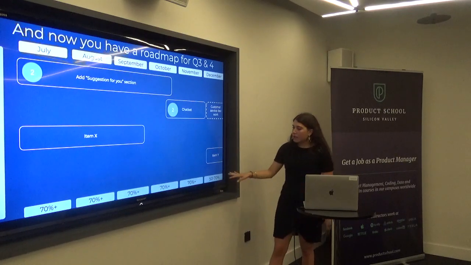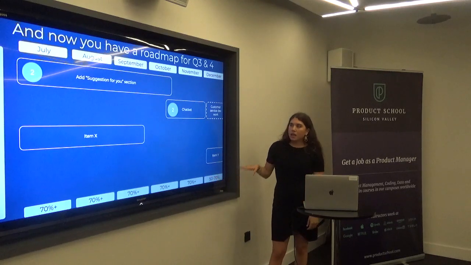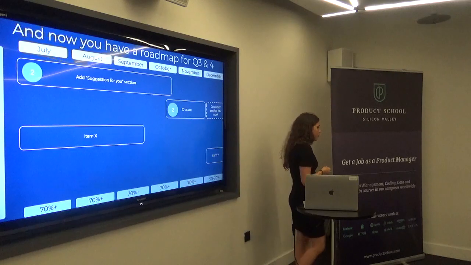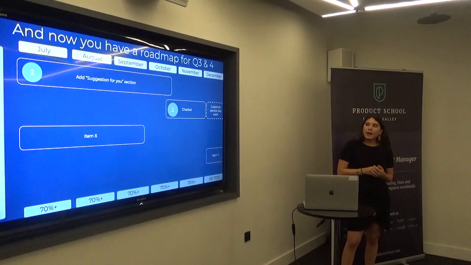And something else I've added here, some figures which I'm just going to talk about very briefly, is that a lot of times when you're planning a roadmap, it's really difficult to anticipate how many work streams you can take on as a team. What's really important is to know your team capacity and your team velocity. How fast can you do? How fast are your developers building and releasing?